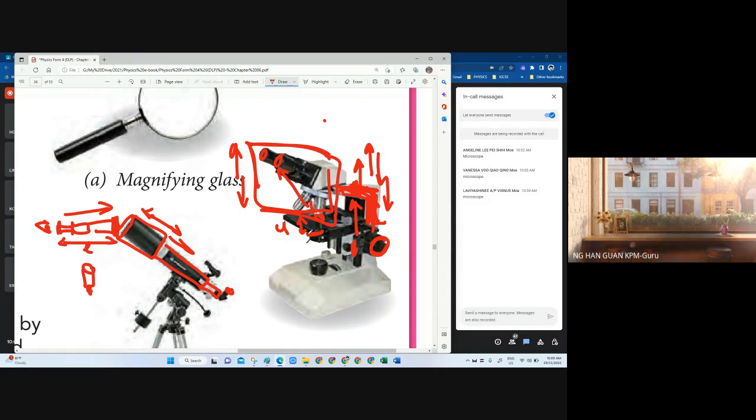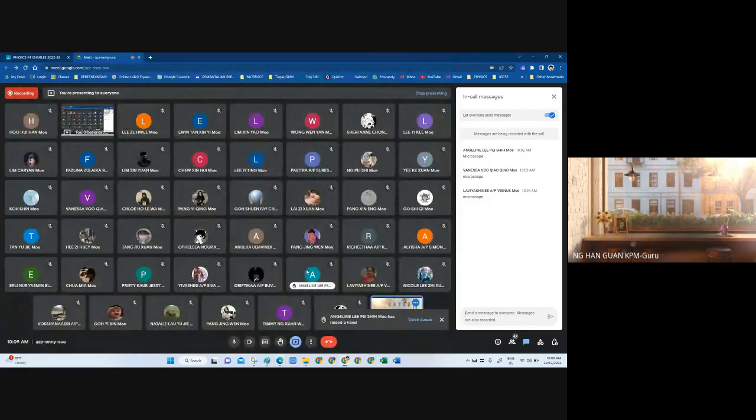So the telescope, the length between the lenses is changeable, but the microscope is fixed. So for the telescope we have two possibilities for the length between the lenses. Microscope, only one, fixed. So why did I say that when the telescope is changeable there are only two possibilities? Because